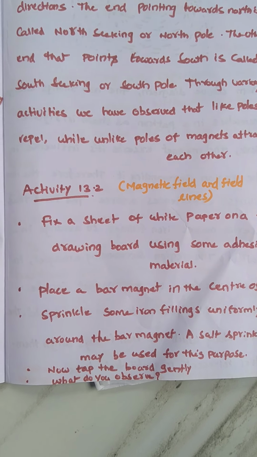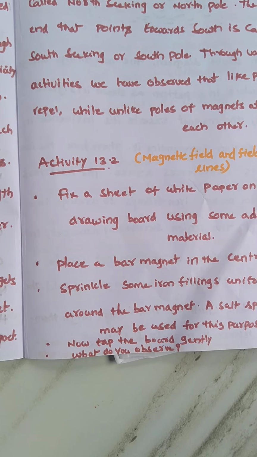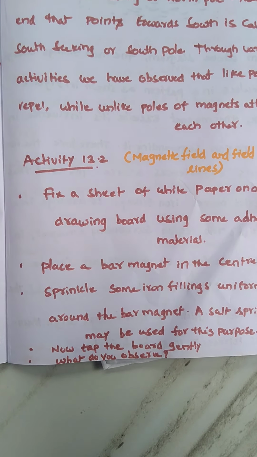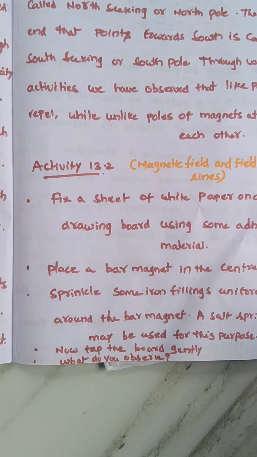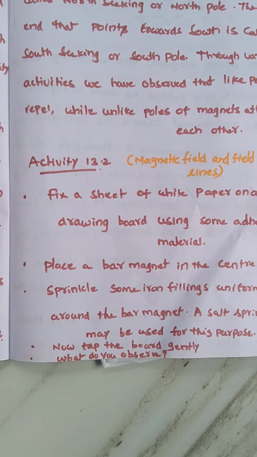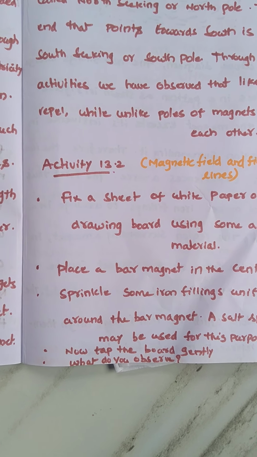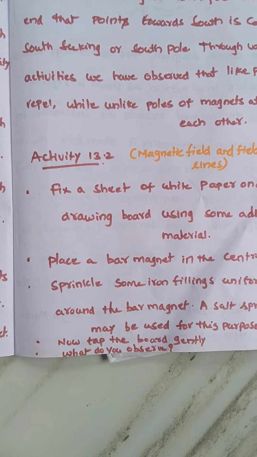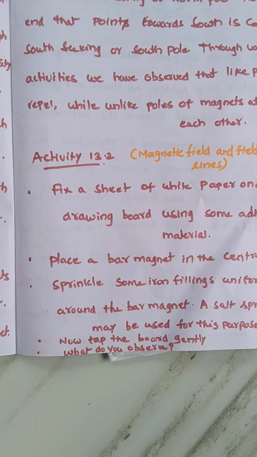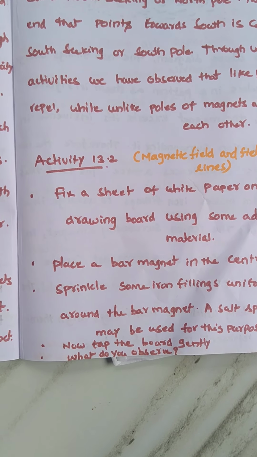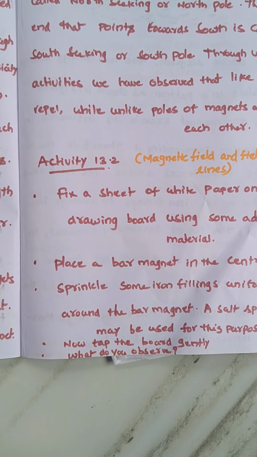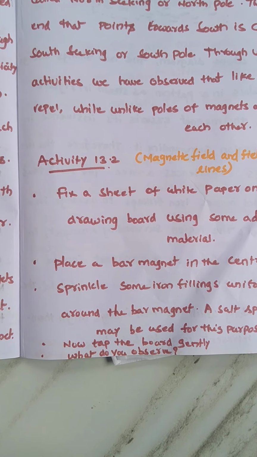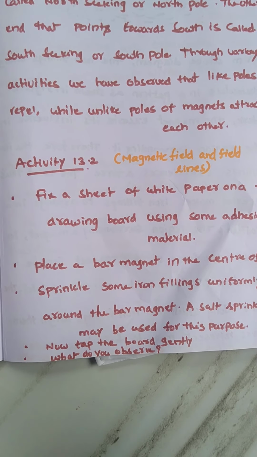Today I am going to discuss one more very important concept, dear students, about the magnetic field and how we can construct magnetic field lines. Last lecture I discussed the Oersted experiment and different key points. One point was about the Oersted experiment, and one was about how a magnetic compass needle shows deflection whenever you keep it near a bar magnet. Right now I am going to discuss the magnetic field and magnetic field lines.